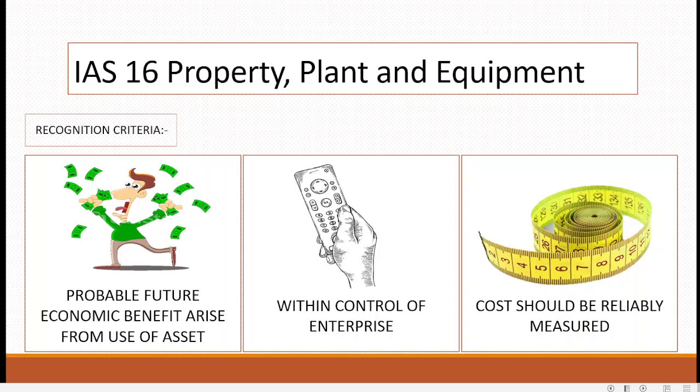To recognize as a fixed asset, as property, plant, and equipment, the cost has to be measured reliably. It means we need to be able to easily say this is the cost of purchase, this is the cost of installation, this is the overall or consolidated cost of the property, plant, and equipment, and we know how much we have paid for it, right?